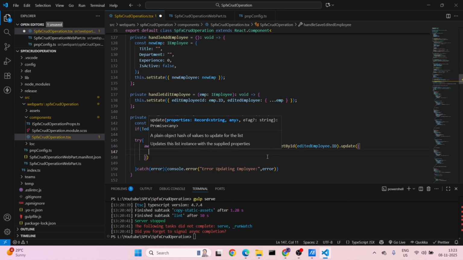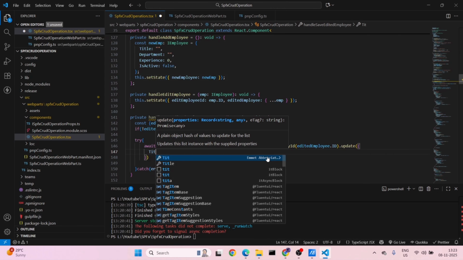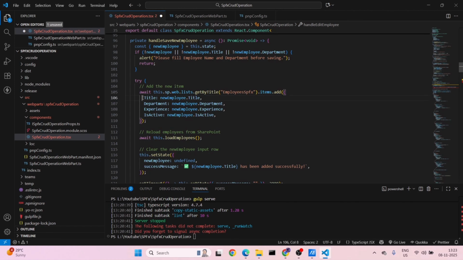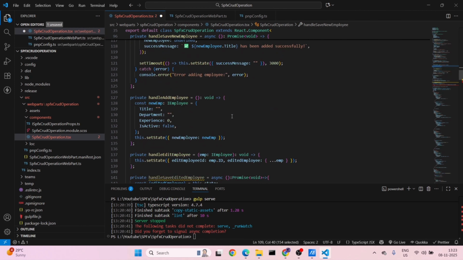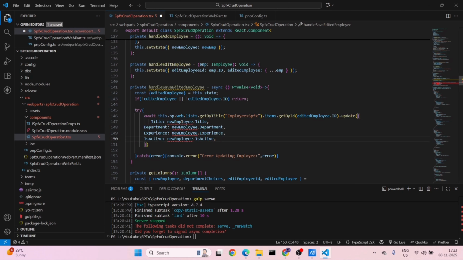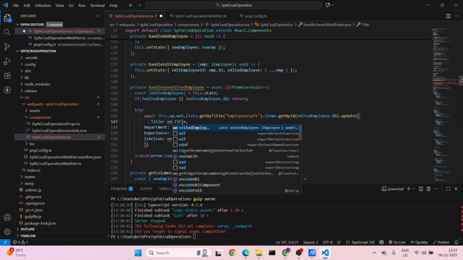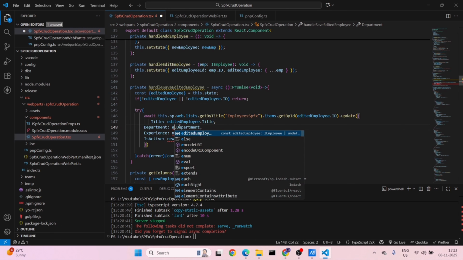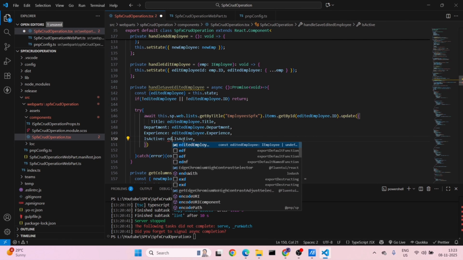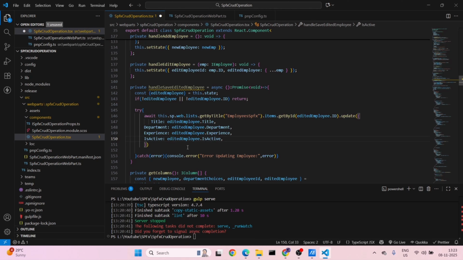Inside this will be title. So what you can do, in adding the new employee we have already done this, so you just get that and paste it here. Instead of new employee, it will be edited employee. Same way it will be edited employee, this will also be edited employee, this will also be edited employee. So inside this it will be like this, and we will be closing this await here,